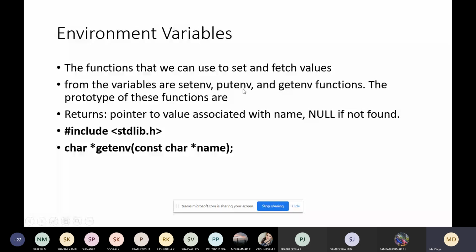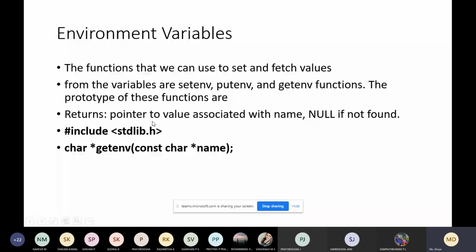These are different functions related to environmental variables. This is an example you can see here, which is used to get the environmental variable. So what are the different environmental variables we have, and what will it return? It will return the pointer to the value associated with the name.